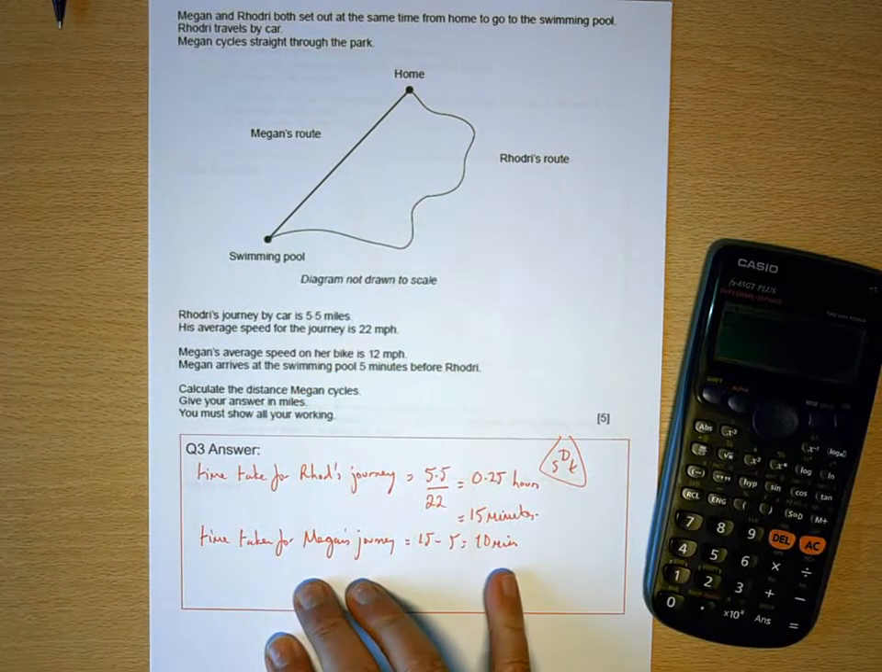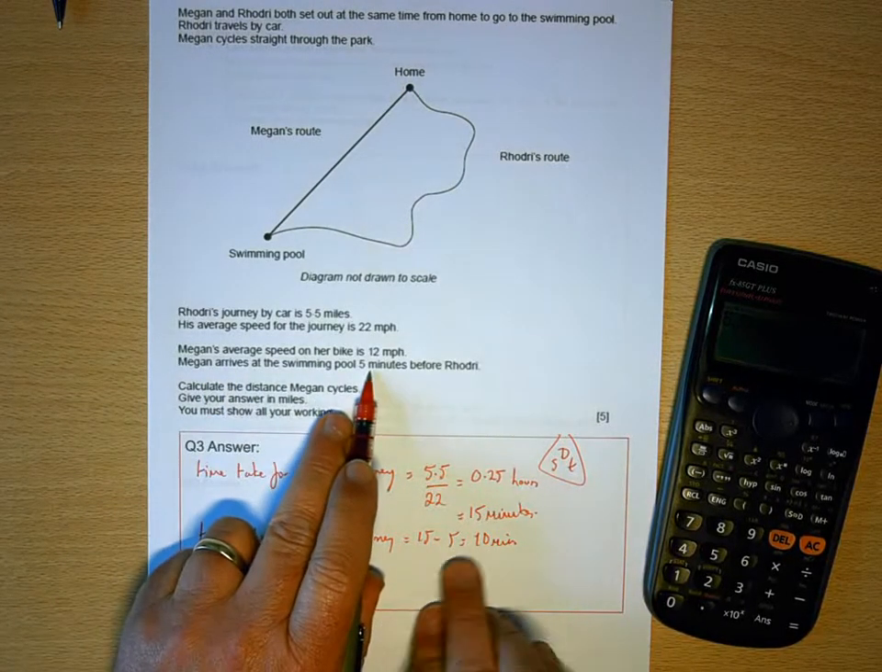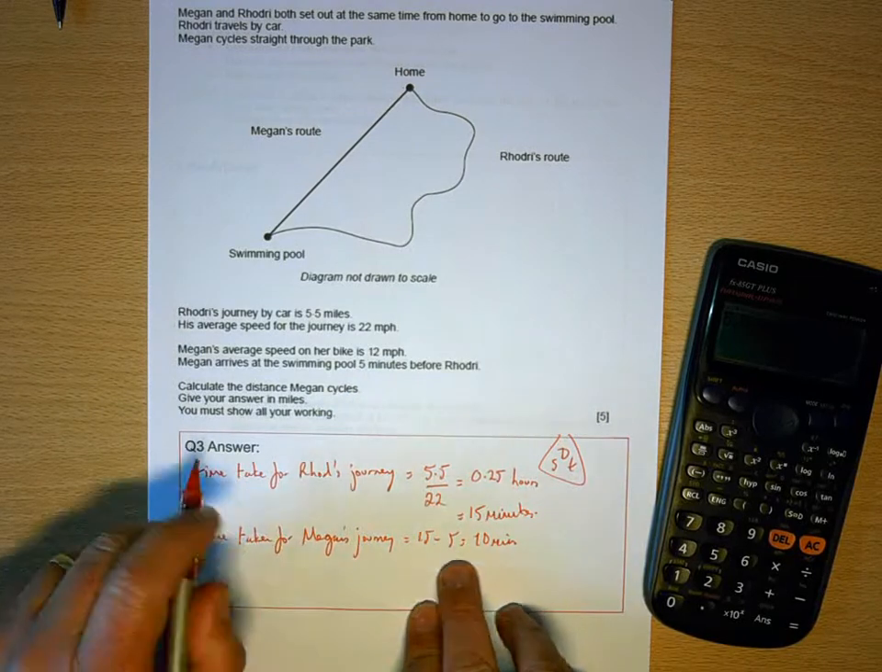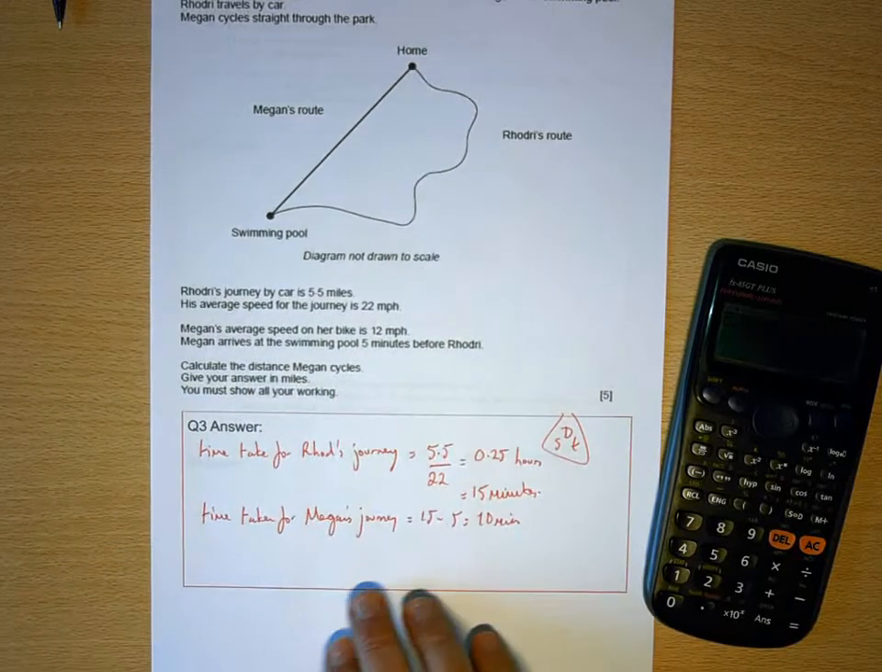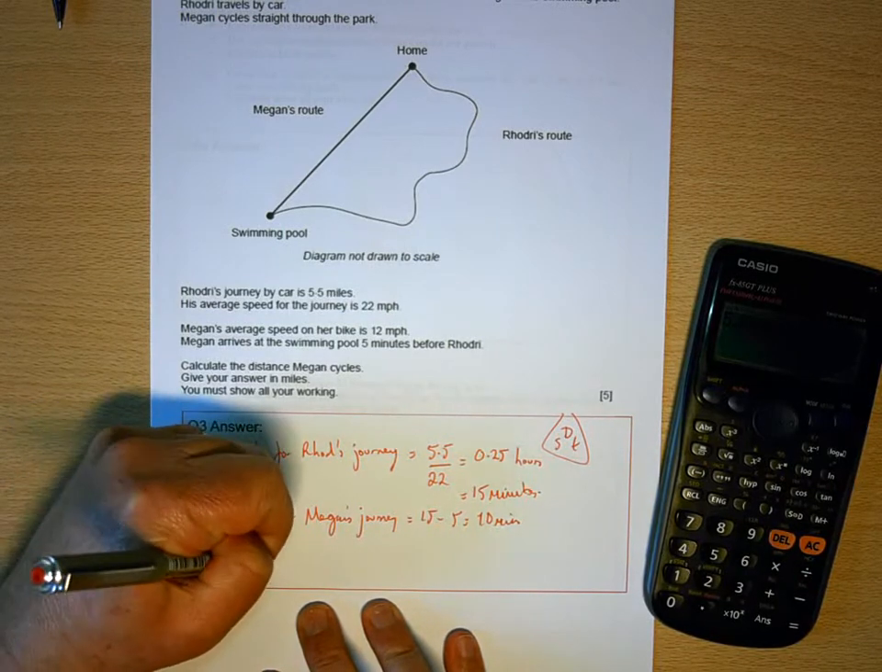So 10 minutes. Okay, so the time taken for Megan's journey, she arrives 5 minutes before Rodri, so 10 minutes. Calculate the distance Megan cycles. So distance for Meg